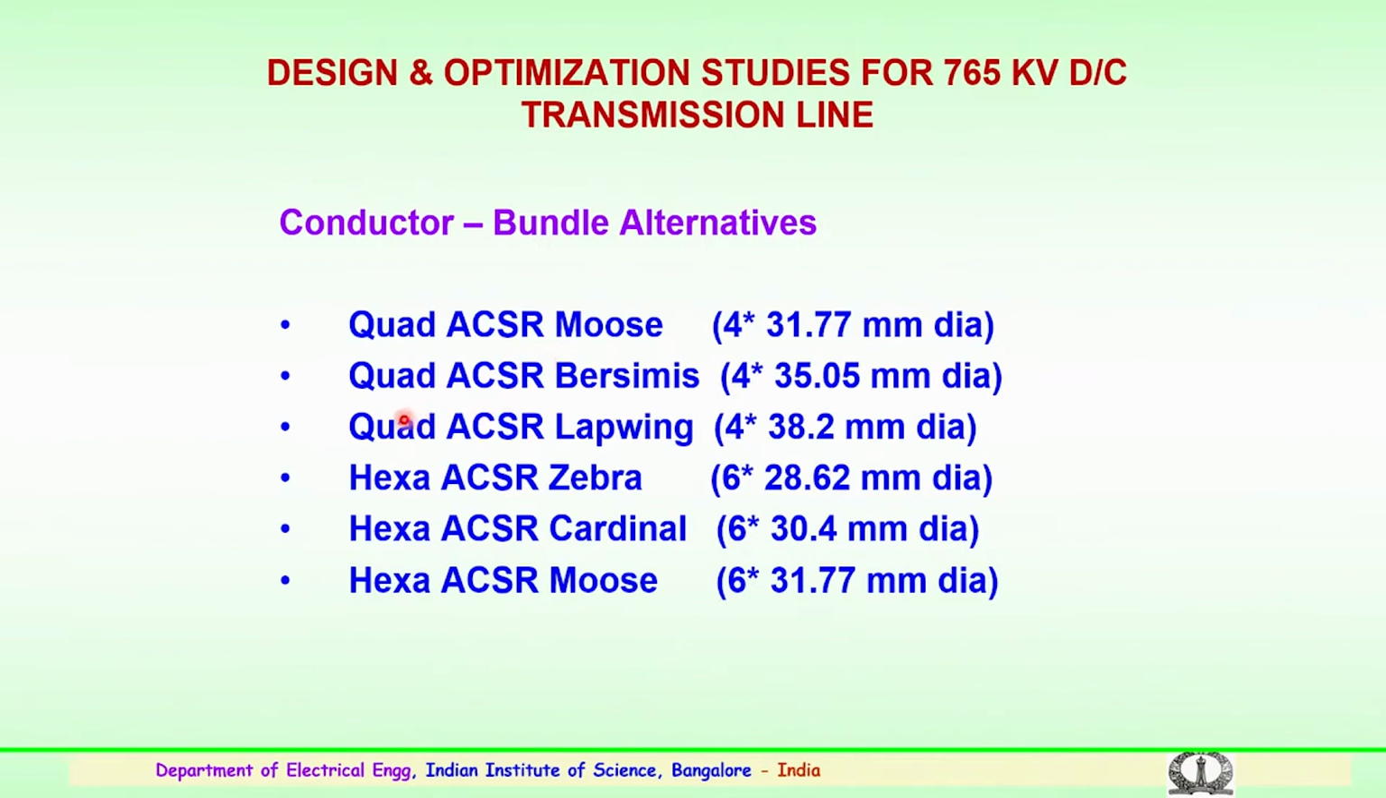They have also used quadruple, that is a 4 ACSR Bersimis conductor, Bersimis being 35.05 mm. Further Lapwing conductor of 38.2 mm diameter, Zebra of 28.62. Here they use 6 conductors. You can see the hexagonal arrangement of Zebra conductors with dimension of 28.62 was employed. Similarly, hexagonal ACSR Cardinal conductor, Cardinal being 30.4 mm diameter, and further hexagonal ACSR Moose conductor was also tried out. So, several of these combinations with 4 conductors, here Moose, there is a quadruple what we call, with the hexagonal arrangement also was tried out for better